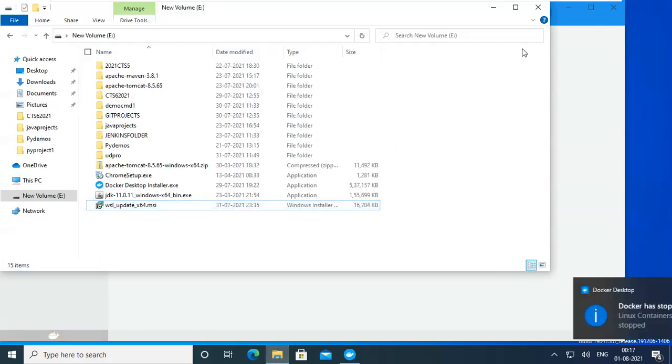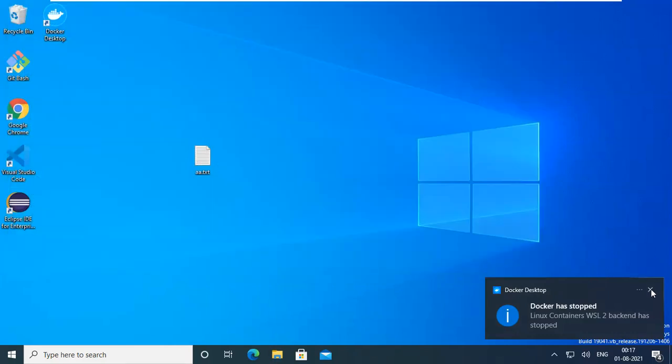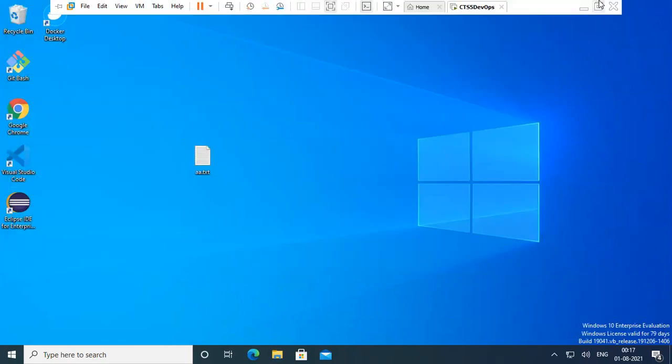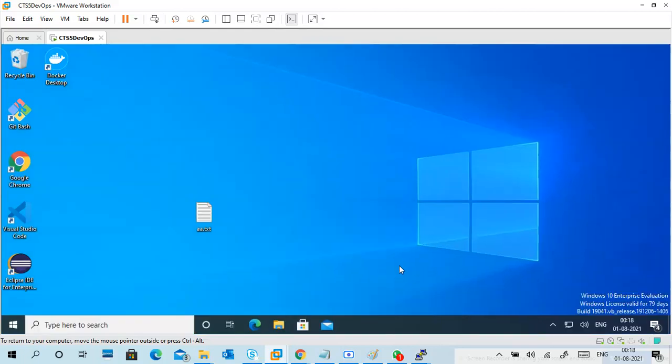You can do this if you want to use your system for your purpose. Otherwise, if you shut down your PC, the Docker background will be stopped automatically. So the Docker work is complete, that's very simple. I stopped this service, completed, automatically it is closed. That's it.